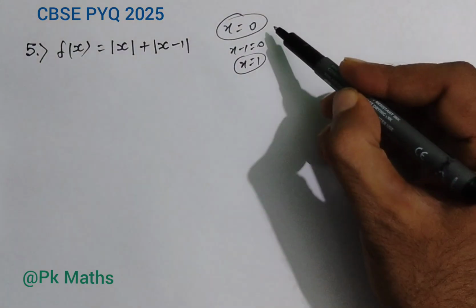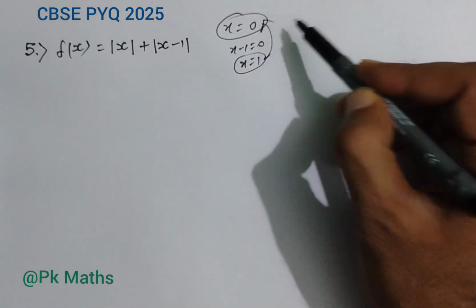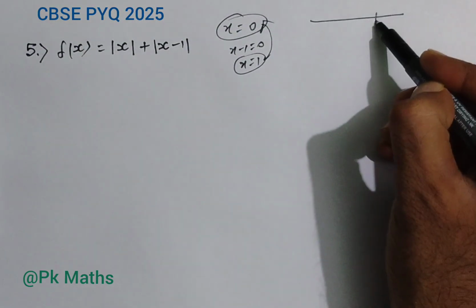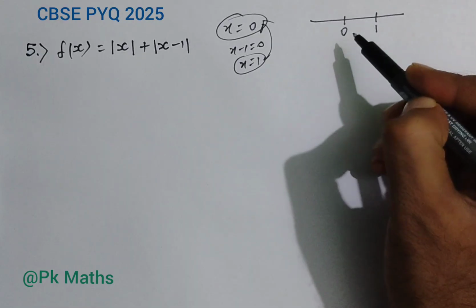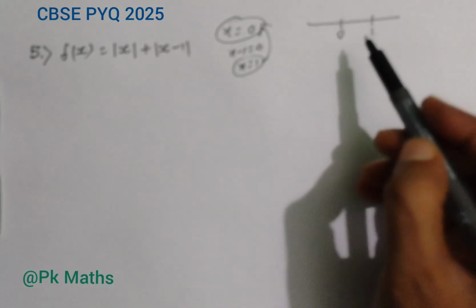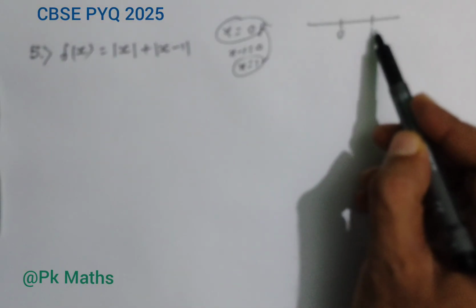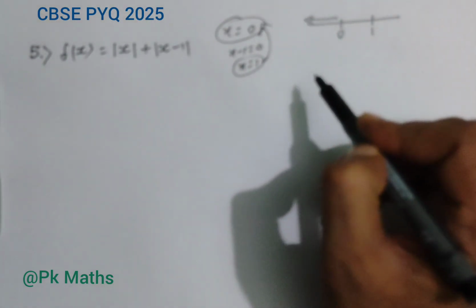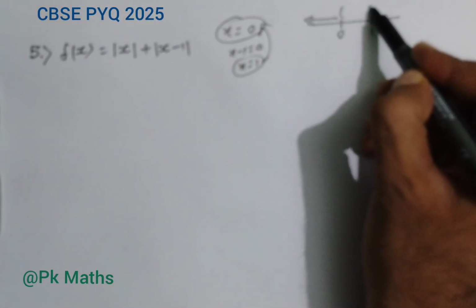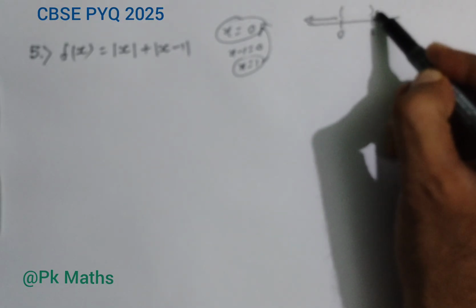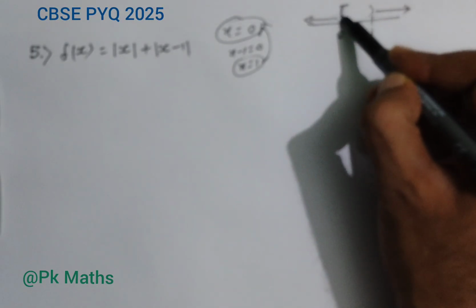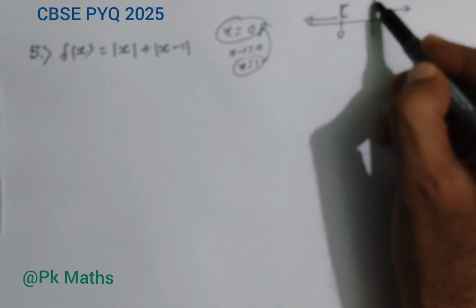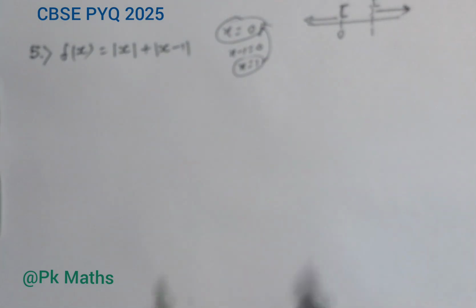Now we need to show these values 0 and 1 on the number line. Okay, like this. So these numbers divide this number line in 3 parts. One is less than 0, another one is from 0 to 1, and the next one is from 1 onwards. These are the 3 parts here. Okay. So now